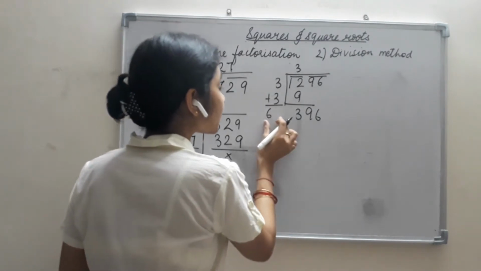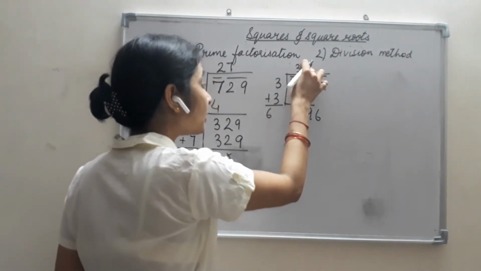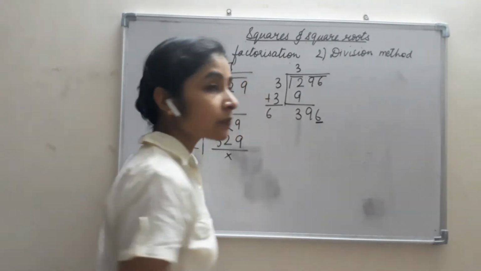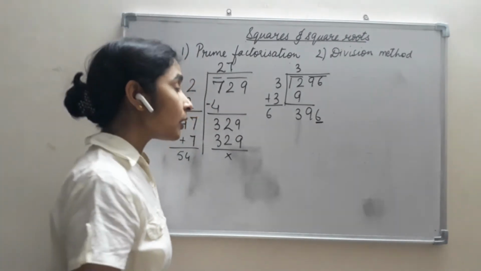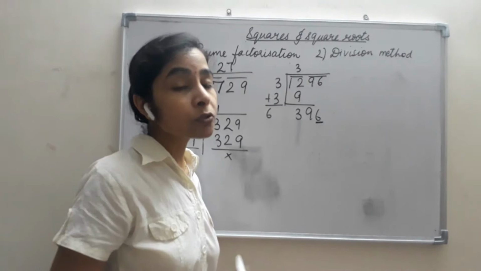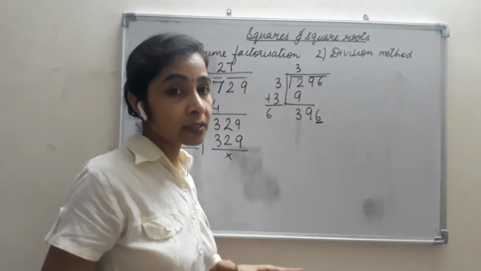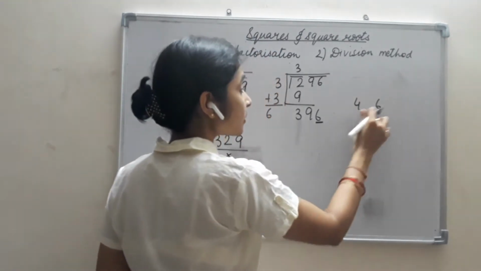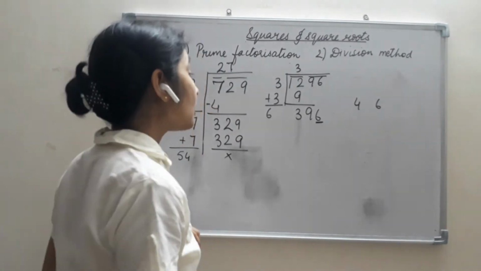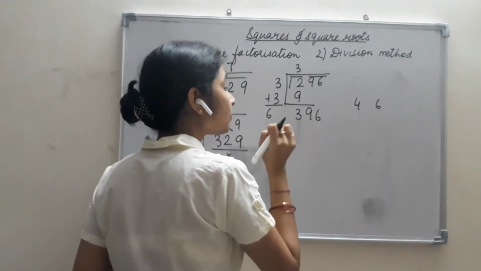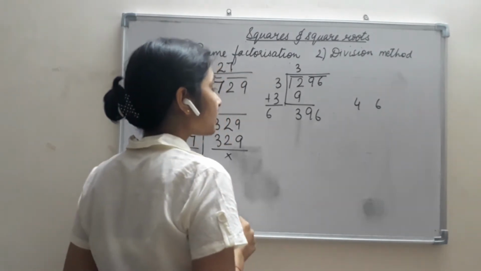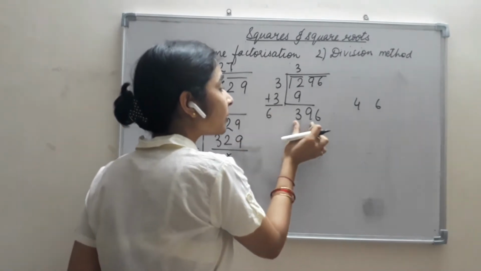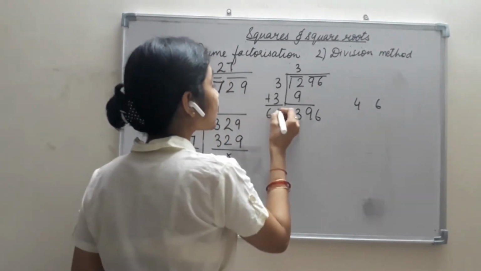Okay. Now I have to put such a number here which when multiplied to itself gives this number or less than this number. So now this can be a perfect square number because it has 6 in the end. Okay. So 6. Now in which numbers do we get 6 in the units place when we take a square? Only in two numbers, that is 4 and 6. 4 4s are 16 and 6 6s are 36. Okay. So either we can put here 4 or we can put here 6. Okay, now if we see, we cannot put 4 here because 4 fours will give us 16 and 4 6s are 24 and here we are having 39. That means we need 6 here.